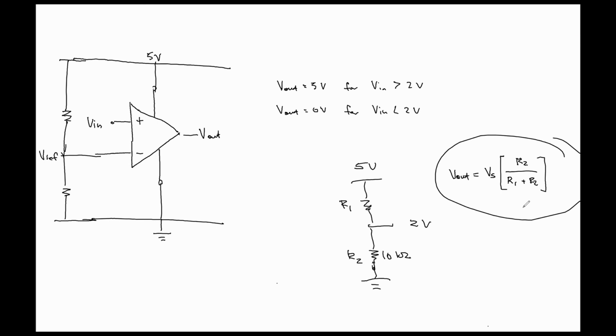Well, 4,000? So 2/5 is equal to 10K over R1. Oh, my bad. Opposite. 15,000. There we go. So if this guy is a 15K resistor and this guy is a 10K resistor, then